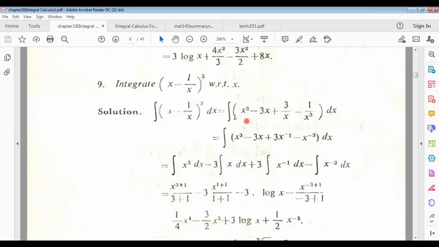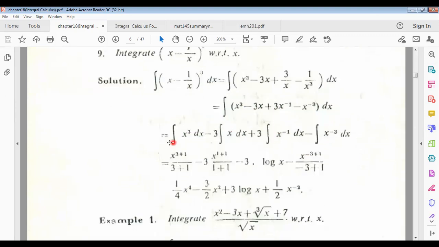So x cube integration, minus thrice x, this can be written as x square minus 1 plus minus x cube. Now x cube integration, what will it be? X to the 3 plus 1 divided by 3 plus 1. Just separating the constant. And x integration, what will it be? X to the 1 plus 1 divided by 1 plus 1. X to the minus 1, what will it be? Minus 1 plus 1 divided by minus 1 plus 1. It is not possible because the power can never be minus 1 in the power rule. So we have to use the 1 by x formula. The 1 by x formula, what? Log x.